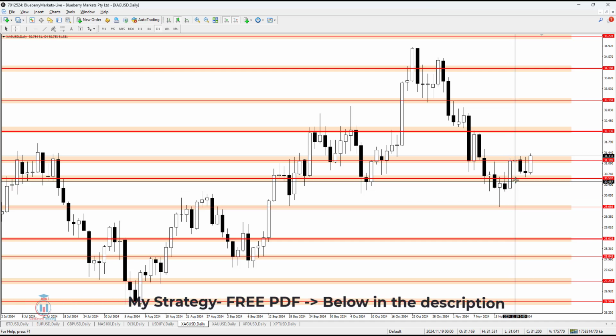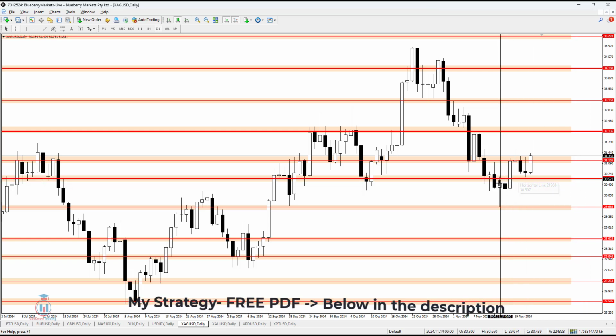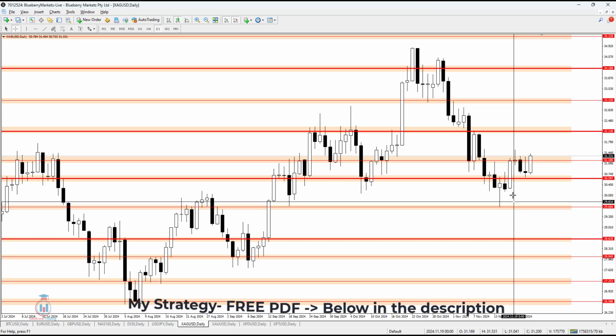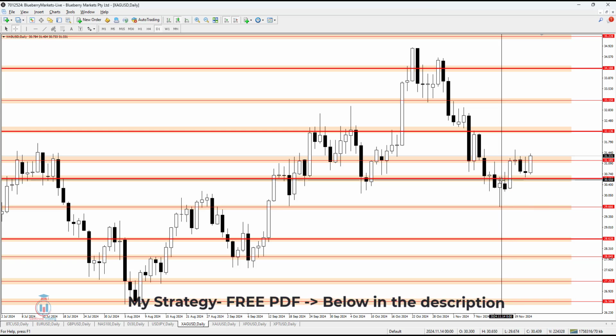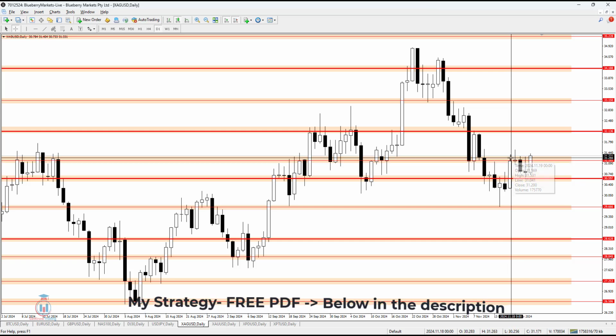Silver this week has risen in value. We can see after the price has gone below 30.59, the price was expected to go further down. This is something that I was expecting after the price formed these candles below this area of resistance or supply zone. But on Monday, the price formed a bullish breakout above, very important, and stopped just here at